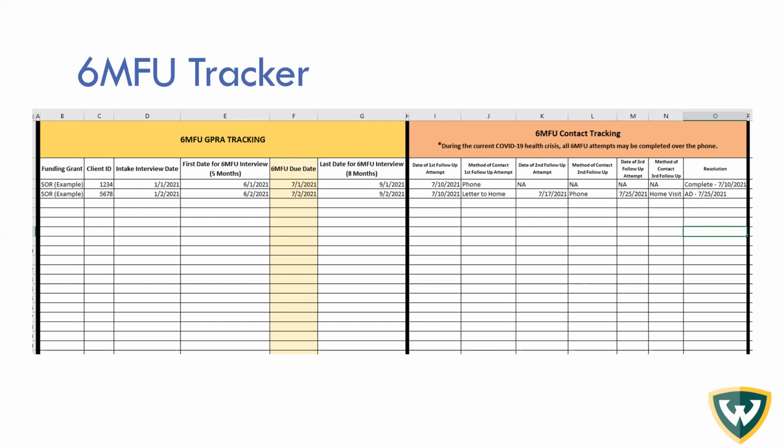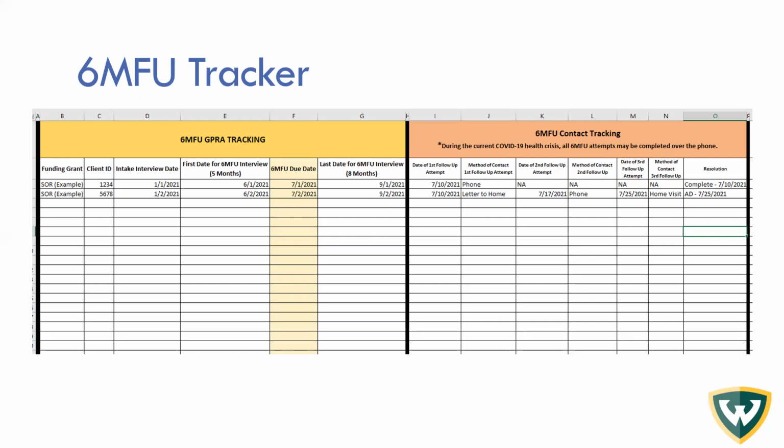The right side of this form is a place for you to track your 6-month follow-up contact tracking. This is for your client and not for the collateral contacts. But as I said, you're required to make 3 good faith efforts to contact your client prior to conducting either an administrative discharge or contacting a collateral contact. I'll discuss administrative discharges shortly, so I hope I didn't throw you off there.